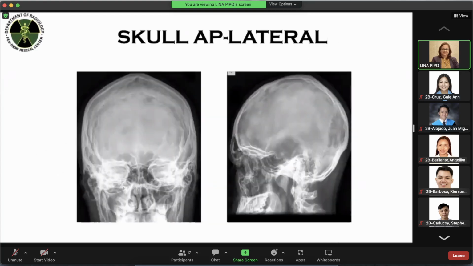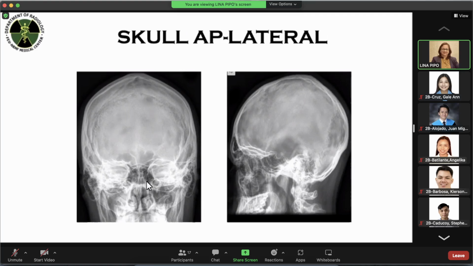So this is an example of your skull X-ray, AP and lateral view. These are the two most common views that you will request if you want to rule out fracture in cases of trauma. So in this AP view of the X-ray, there are the paired parietal bones, which form much of the side or the roof of the skull vault and are joined by your midline sagittal suture in here.